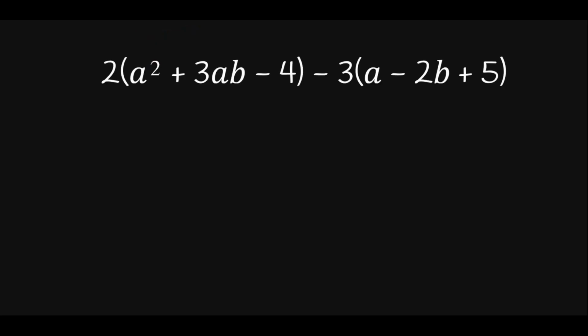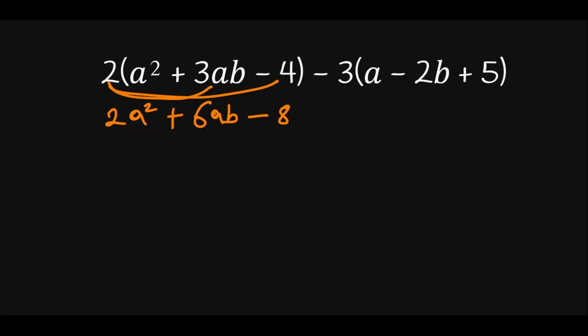Let's take a few more examples just to make it stick better. Now look at this example, this one. So we use the distributive law again. This will multiply each of them. And then this will multiply each of them just like that. So that gives us 2 times a squared, 2a squared, plus 2 times 3ab, 6ab, then 2 times minus 4,